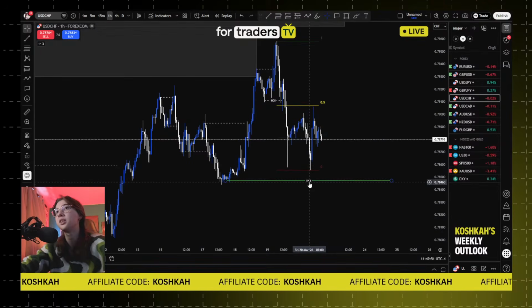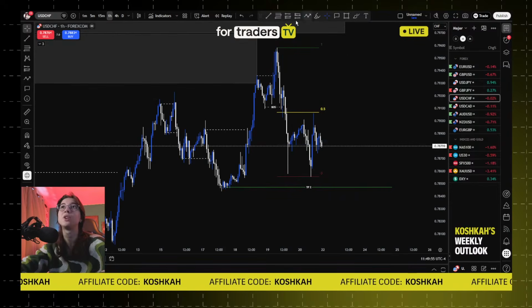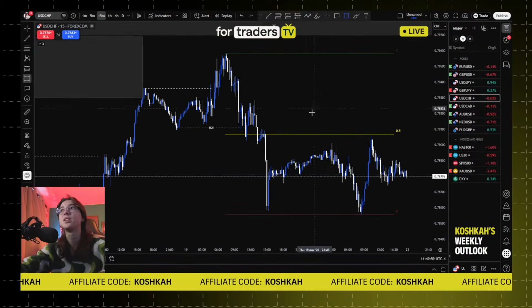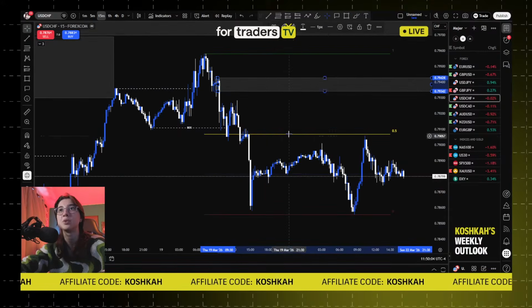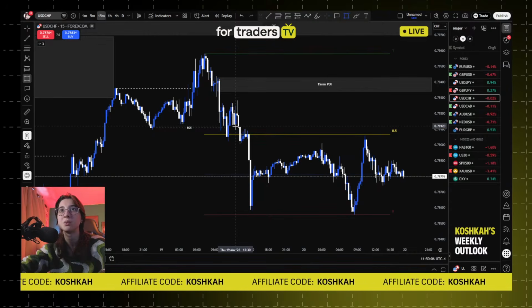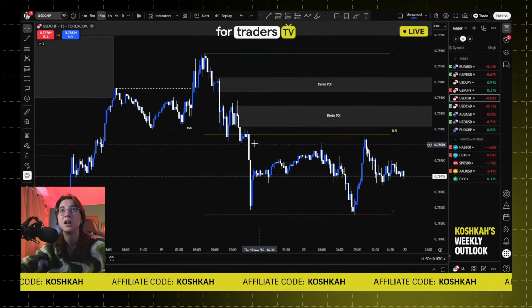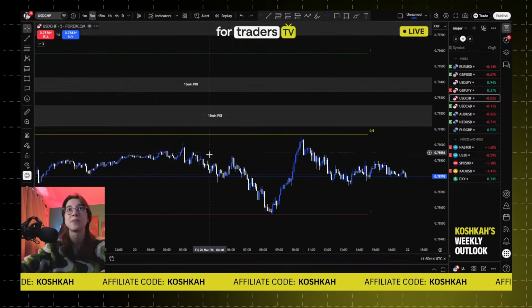So the trade still didn't reach the final take profit. So what does that mean? It means that we can still look for an entry. Okay, super cool. Same thing that we did on USD JPY just now. We're going to be identifying our valid points of interest. So we have a 15-minute one here, a 15-minute one here, and that's it. And okay, let's go on the 5 minutes.